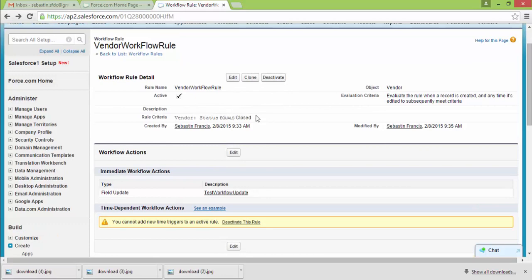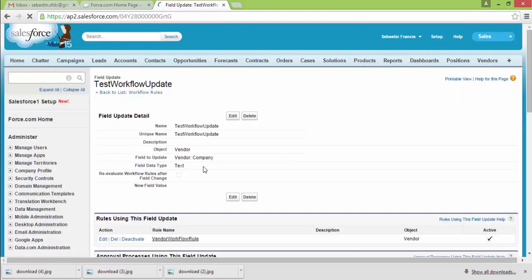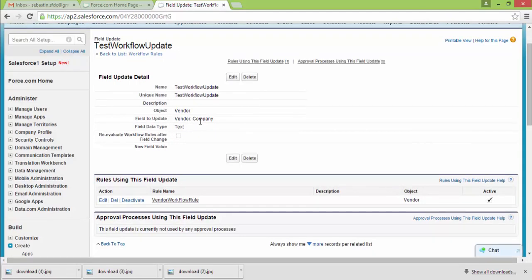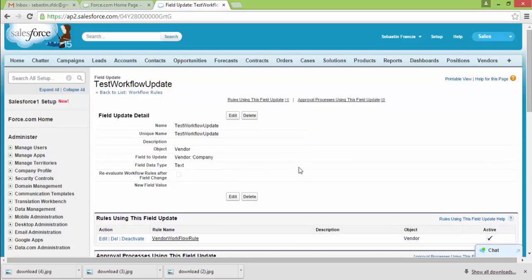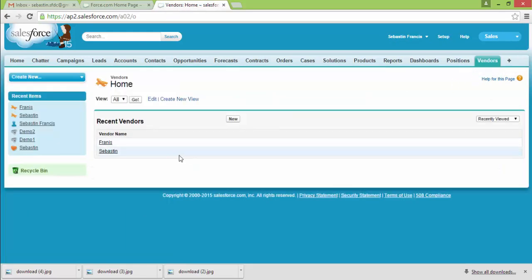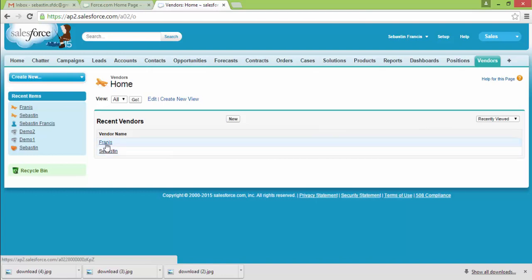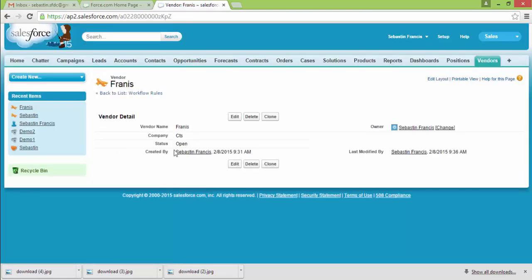The meaning of my workflow is whenever the status is closed, my workflow field update action triggers and my company text will be null. Whenever I set the status as closed, the company field text should be null. So I'm going to check how it works in the object. I'm going to select, I'm going to edit,